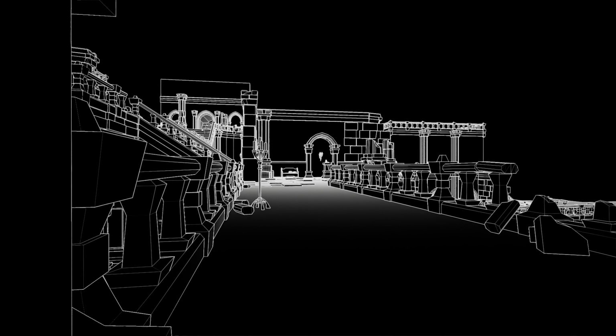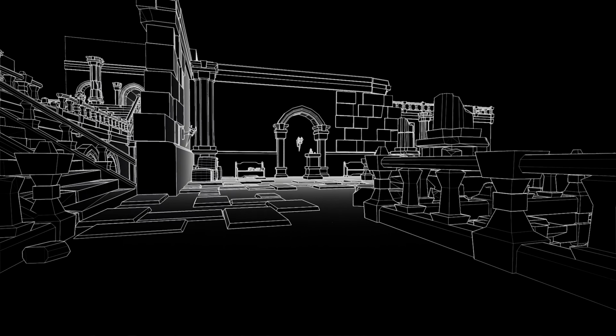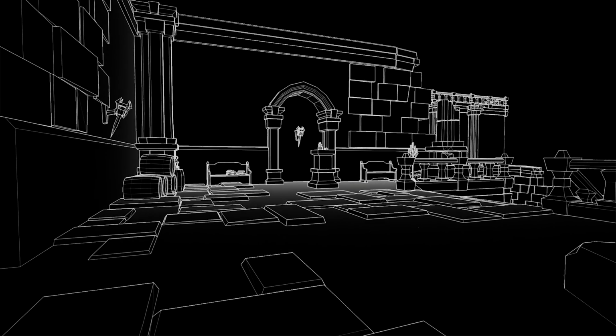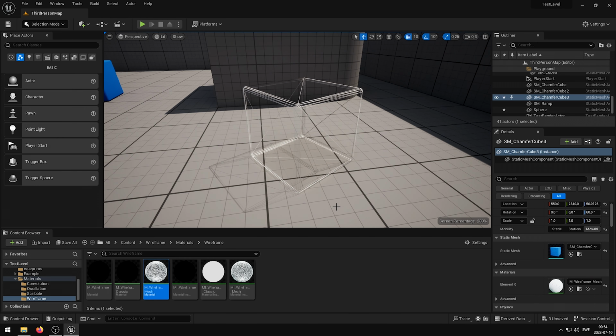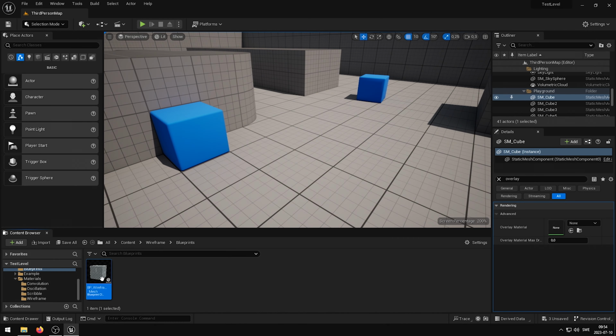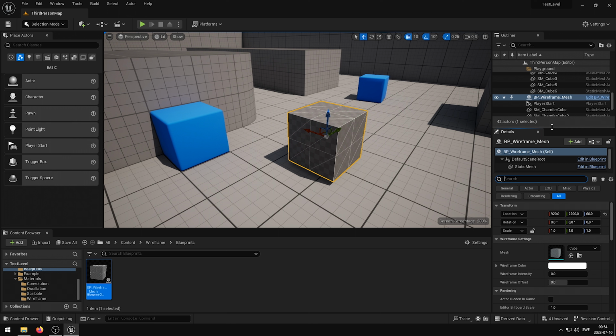Hello and welcome to this video where I will be showcasing Wireframe, an easy-to-use solution that simplifies the way you display wireframes on your assets and environments within the powerful Unreal Engine. With its innovative features and seamless integration, Wireframe empowers you to efficiently highlight the intricacies of your designs. It is the perfect toolkit to showcase asset wireframe for your portfolio work and to give your project a unique